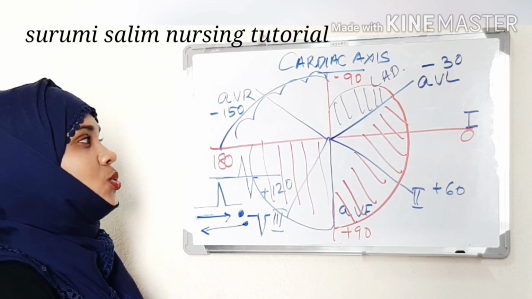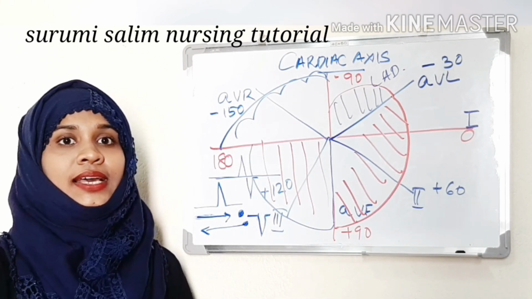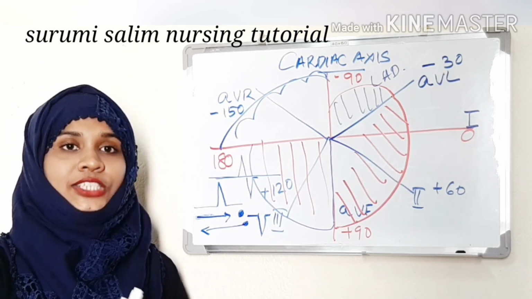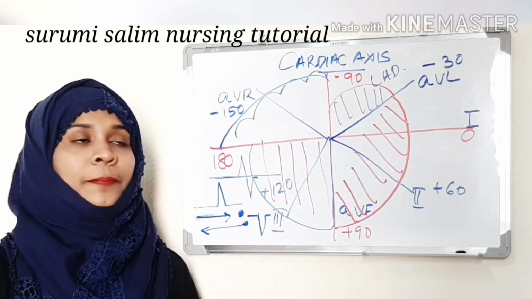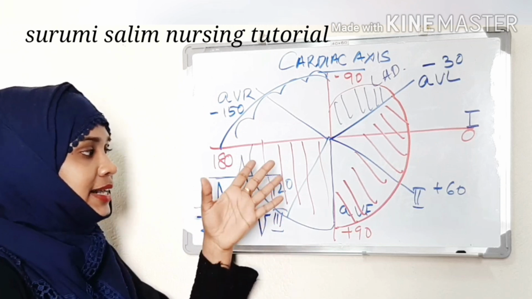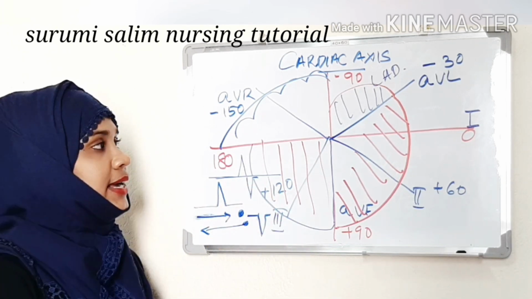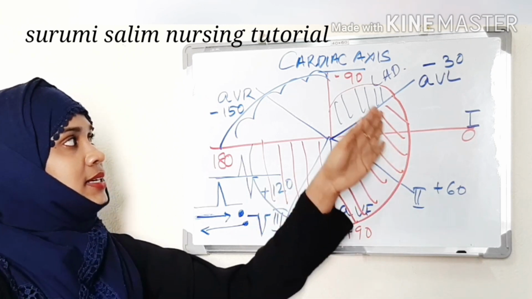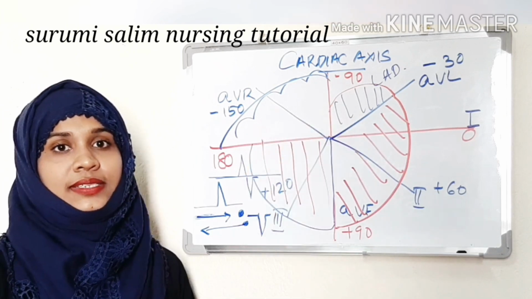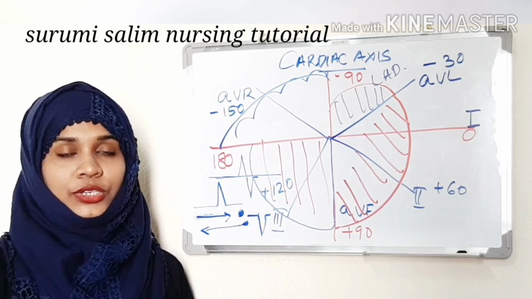Okay. So in today's class we learned about normal sinus rhythm characteristics, ECG leads, unipolar leads, bipolar leads, augmented leads, chest leads, and how it is viewed in the heart in the ECG. And then we learned about the cardiac axis. We will learn interpretation of cardiac axis in the next class, and normal axis, left axis deviation, right axis deviation, extreme axis deviation. I hope all of you understand. Next classes will be a continuation of this.